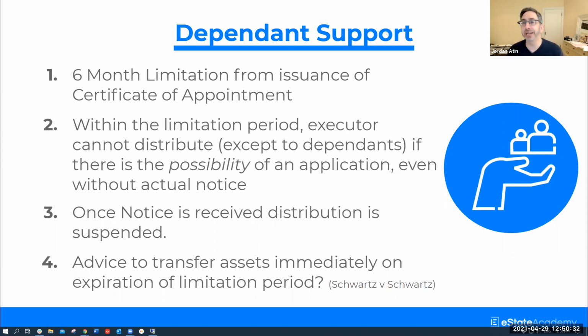Can I give that advice about their Family Law Act rights and their dependent support claim rights? And if they say, yeah, no, I understand. I knew this was going to happen, so I'm not going to make any kind of claim. I want it to go to the kids, for example, or whatever it might be. Do you think you can act in that situation if you haven't really started acting on the estate